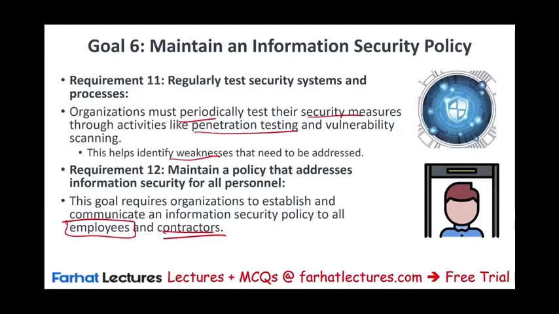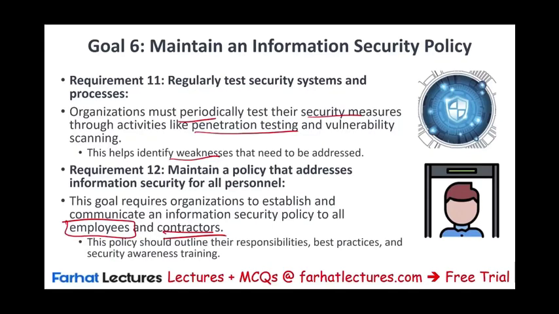They should outline the responsibilities, let them know about the best practices, what you should do, what you should not do, and a security awareness program. Be careful because if you do this, we could be vulnerable. If you download any software from the internet, that could make us vulnerable. So you just let them know, awareness, let them know through training.